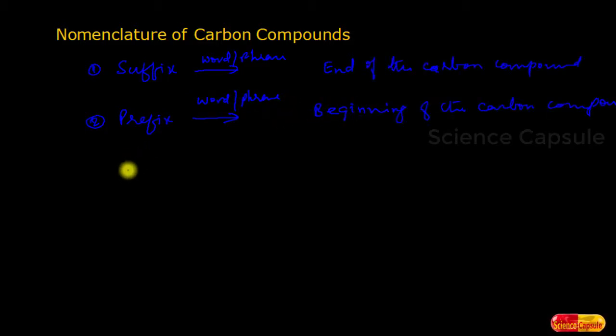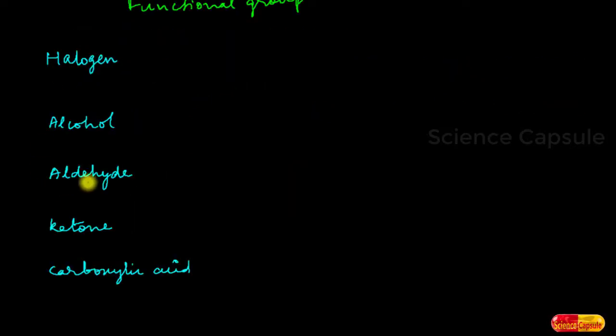And in the last episode we have seen about functional groups, isn't it? About functional groups, a separate video has been uploaded in this channel. You can check it for more understanding. To use the functional groups in the carbon compounds, we use suffix or prefix of the functional group. For some functional groups we will be using suffix, for some functional groups we will be using prefix. Let us see what are all the functional groups we have to study in class 10th. So these are the functional groups which we have to study in class 10th.